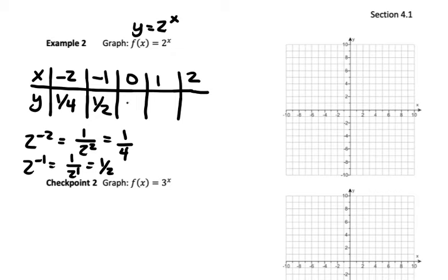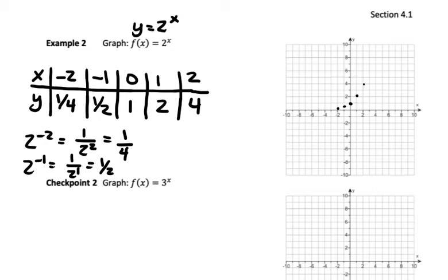So 2 to the 0 power is 1. Anything to the 0 power is 1. 2 to the first is 2, and 2 squared is 4. So in terms of the graph, what it's going to look like, we have negative 2, 1/4, which is going to be just above the x-axis, negative 1, 1/2, so halfway between 0 and 1, 0, 1, 1, 2,